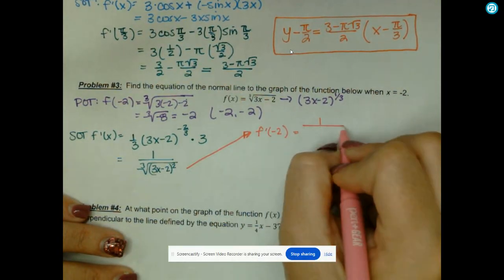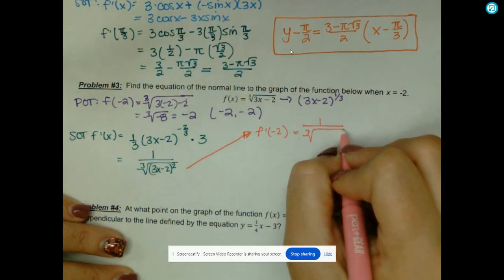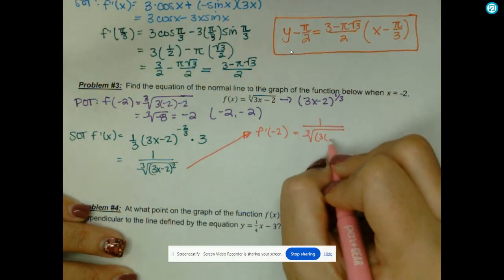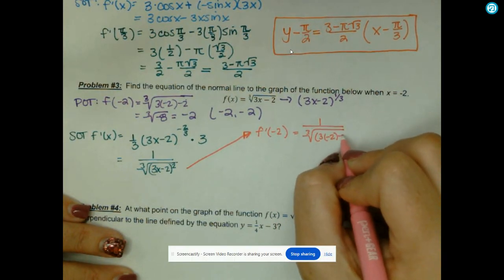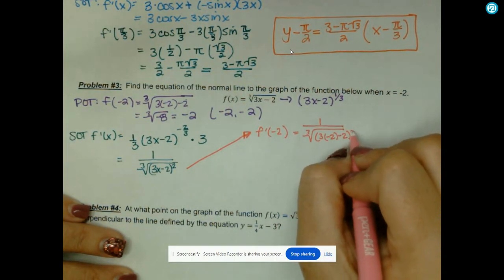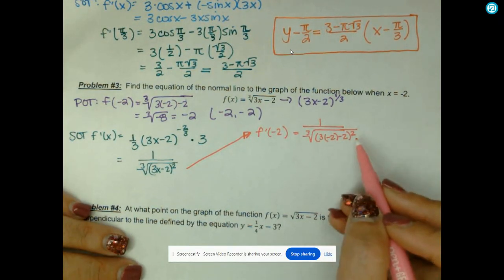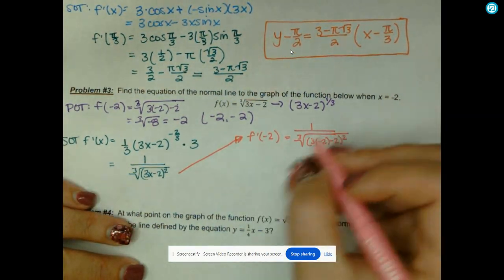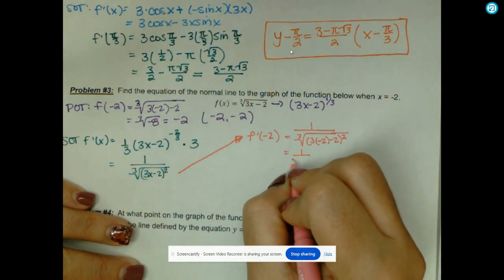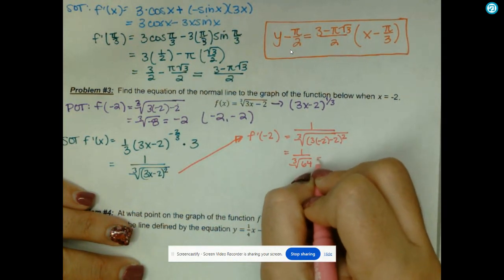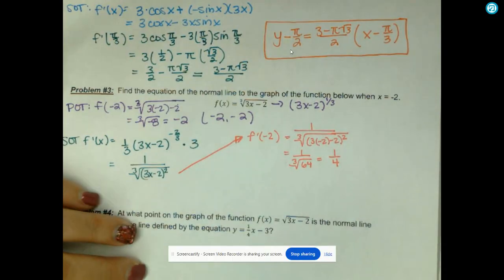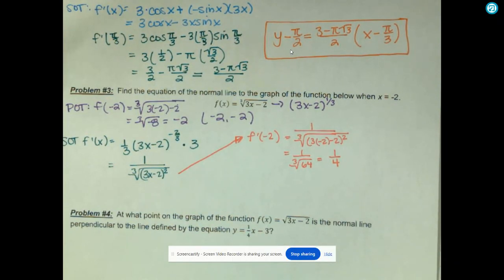So 1 over the cube root of (3 times -2 minus 2) quantity squared. All right, so 3 times -2 is -6, minus 2 is -8. -8 squared is 64. Okay, so we have 1 over the cube root of 64, which is going to be 1/4. So that is our slope,